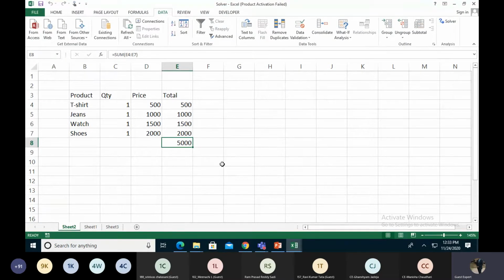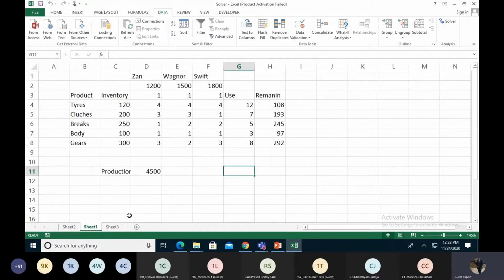Right now, where we are using the solvers, we have to see another scenario. This kind of project I have to make. This is like one of the car making companies, where they have their inventories and their product names with their product price and their quantities, and how much inventory they are using for each product. Just like in tire, this Zen is using 4 tires, Wagon R using 4 tires, Swift using 4 tires, and how much production we do, how much maximum production we do. So let's create this project.